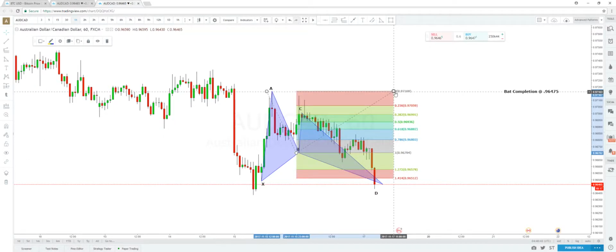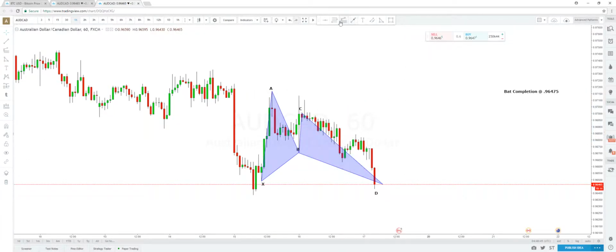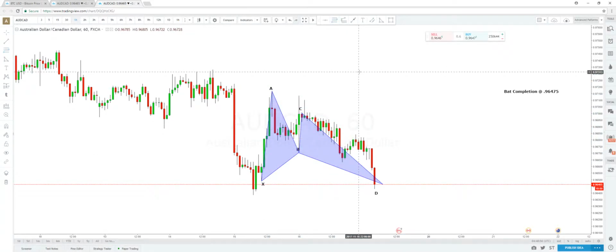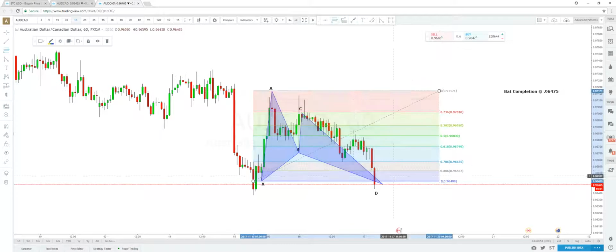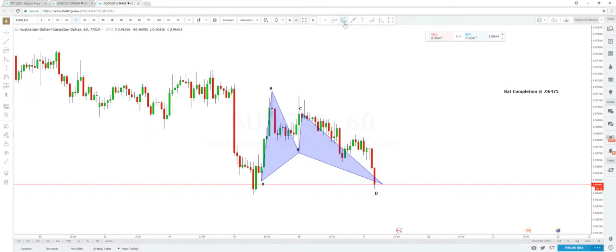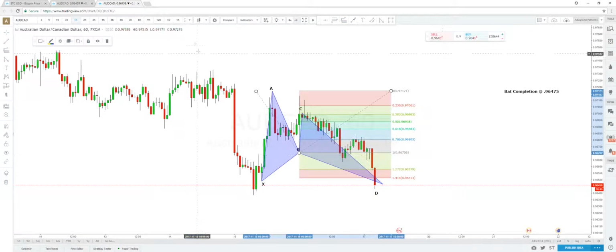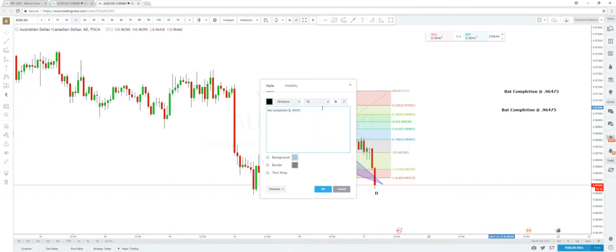One thing with the Gartley, if you don't want to do the 127 extension, you can look for a 78.6 retracement of X to A. So you would be up here somewhere. Again, better risk reward. It has gone through your entry, but I'm going to stick with the 127 because that's what my trading plan says. So we'll go A to B, back up to A, write a note in, and we will go